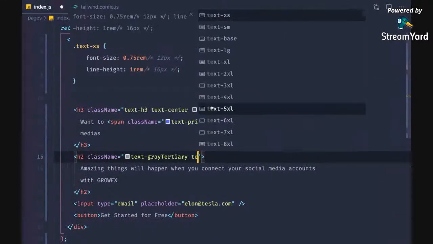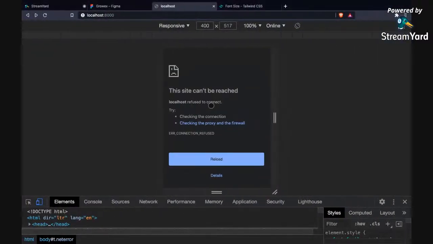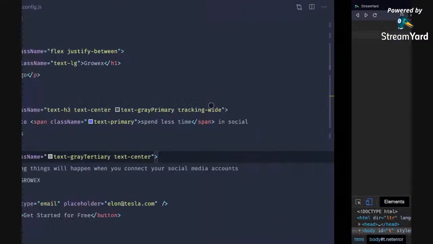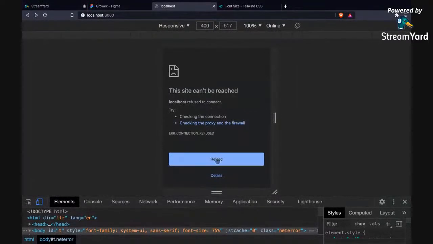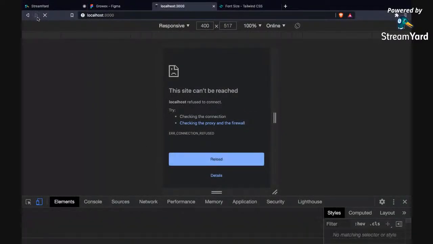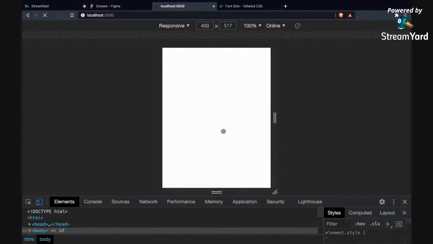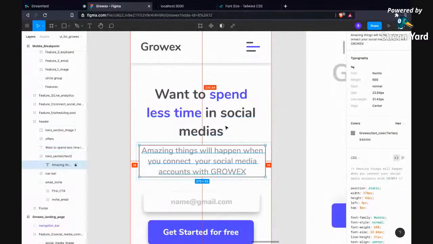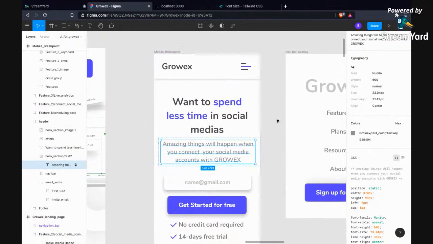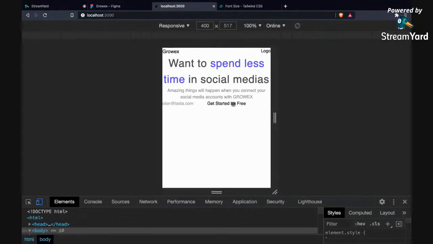So center. Okay, what happened? Server is stopped. No. Okay, I just hit the back button. This is also good. So yeah, we have this, and there should be